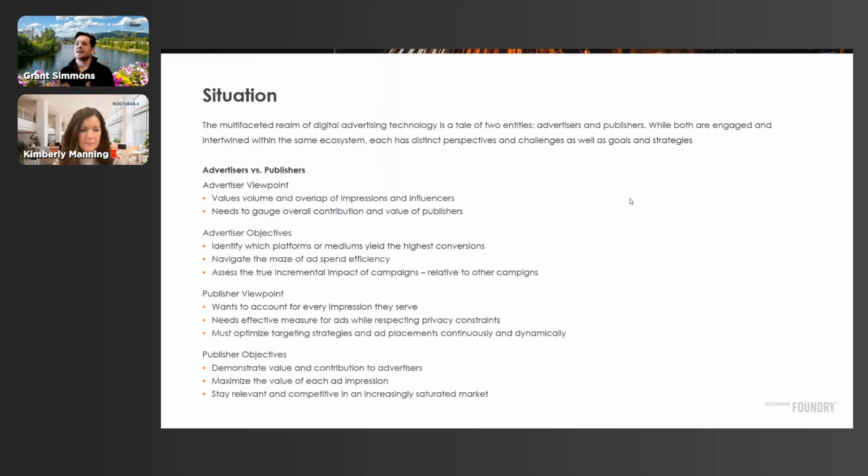So incrementality for them is largely a campaign view relative to other campaigns, right? If we think about what a publisher is looking for, they would like to account for every impression they serve. They're looking for effective measurement for ads while respecting privacy constraints. This is sort of a big deal in CTV. We'll unpack that here in a sec. And they need to